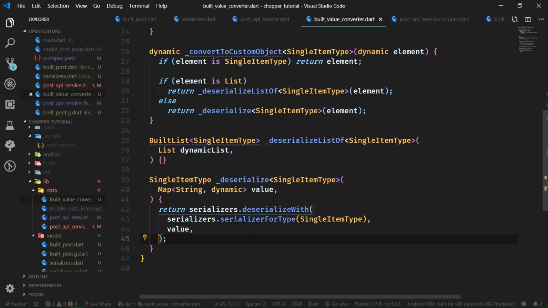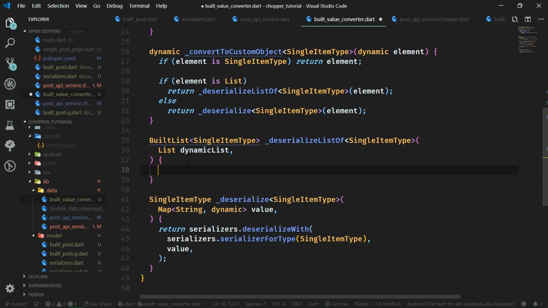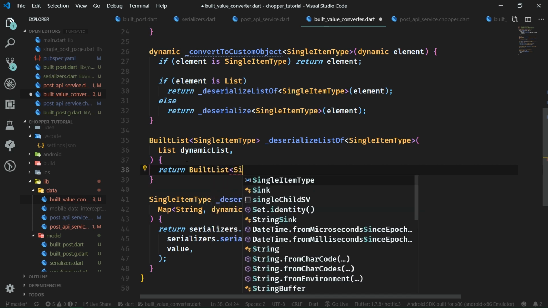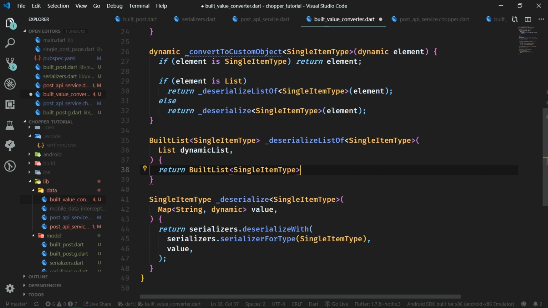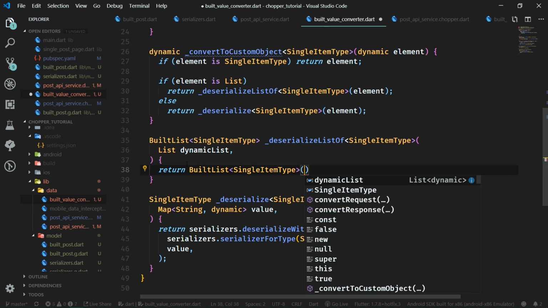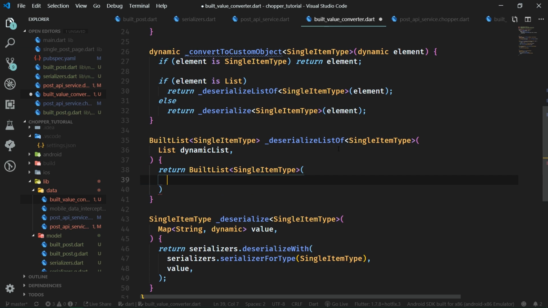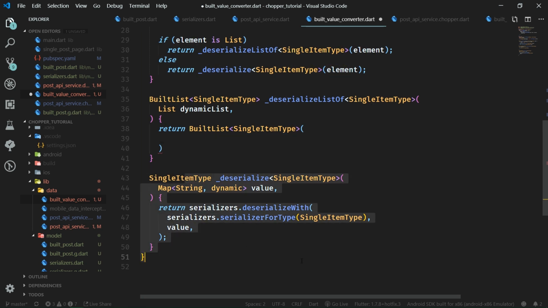And now we can go ahead and implement deserializeListOf, which will just use the deserialize function to deserialize every single element inside the list. So let's return built list containing single item types. In our case, again, this will be BuiltPost, and we just want to convert every single individual item. The items which will be put into this built list will be an iterable, and to create an iterable containing the newly converted items of type single item type, in our case BuiltPost, we're going to